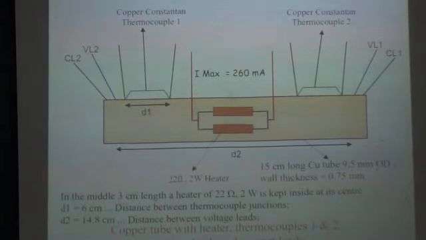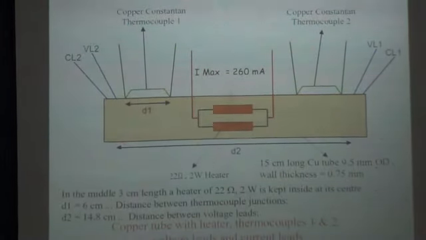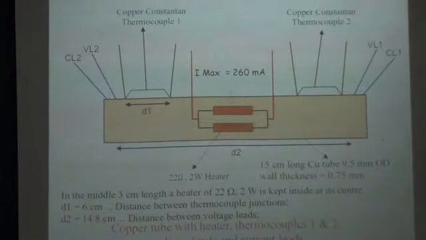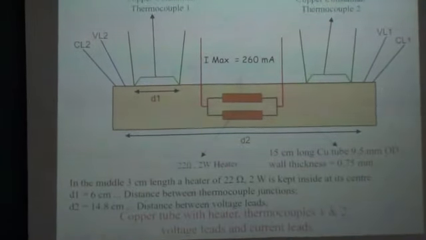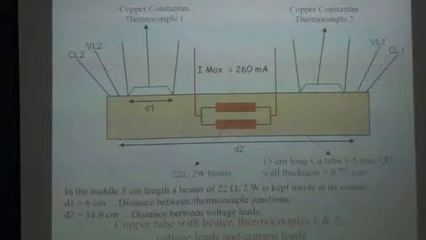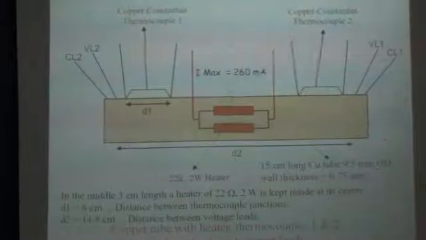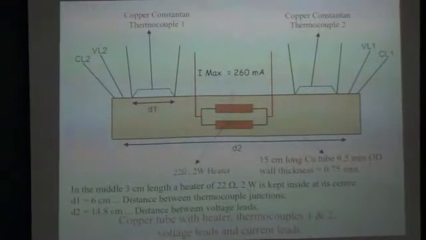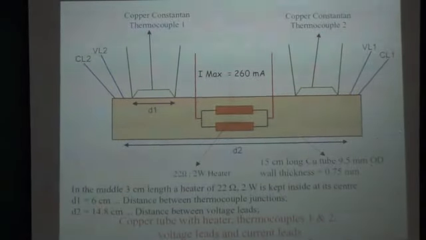Okay, so copper tube with the heater, thermocouples 1 and 2. So now what is done? This whole rod is wrapped with cotton. In fact, one box is right now lying open because there is some problem. You can visit the lab sometime and have a look also. It is covered with cotton, then wrapped with aluminum foil, again with cotton, and then aluminum foil, and a lot of paper you will also find inside, because we can avoid convection and radiation by this. Because we are going to apply conduction. Conduction has to dominate, so radiation and convection have to be avoided.